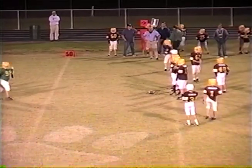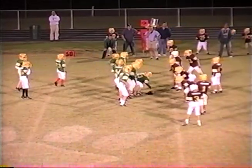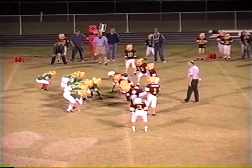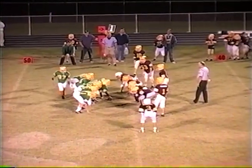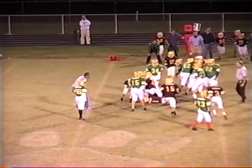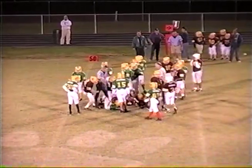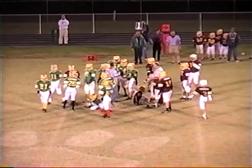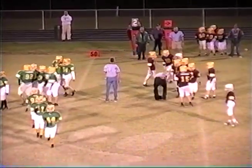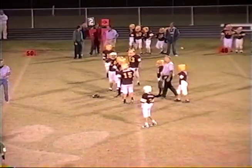Devin Sorrells relays the play to his teammates in the huddle. Just 2 men in the backfield this time. They're split. Man in the slot over on the left side. Now they send him into motion. That's Alex Sorrells. And just a quarterback keeper, I believe, that time for Devin Sorrells, and he didn't get much. May have lost some yardage, as a matter of fact. Actually, they'll spot it down just about in the same spot. We'll say no gain. That's Hunter Bowles went on that one, along with